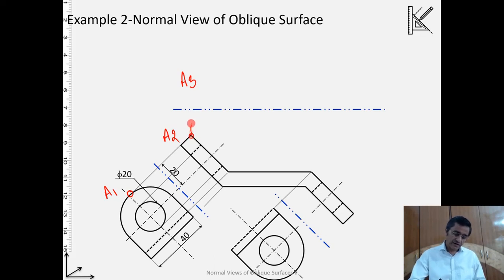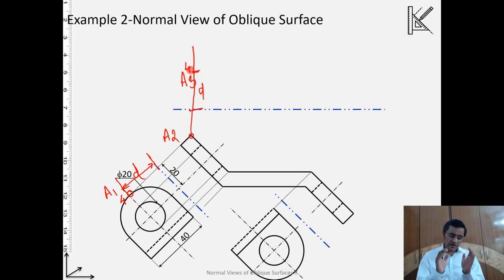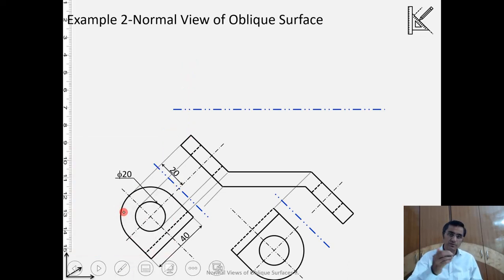From the frontal I can draw the projectors to the horizontal. Now from the hinge I will be measuring the distance D, applying it here D, and this is how, if this point is say 4, I will be able to locate the point number 4 here. And the same exercise will be done for the entire object. One more thing, you will see it also once we do it.